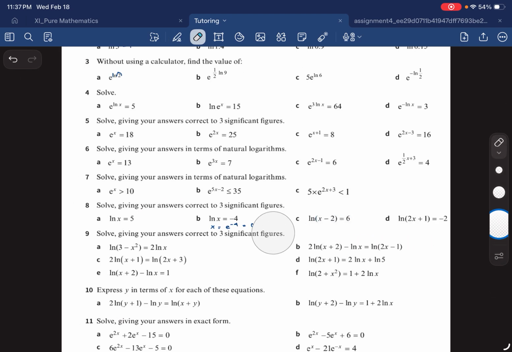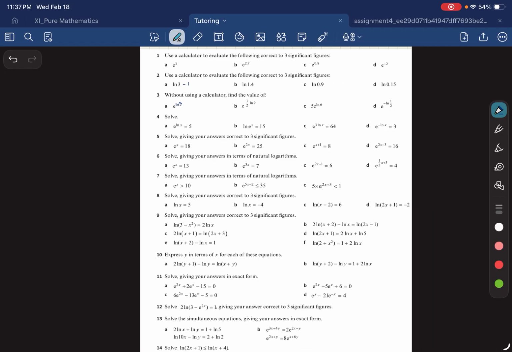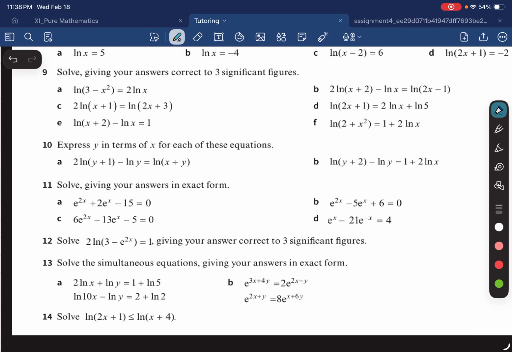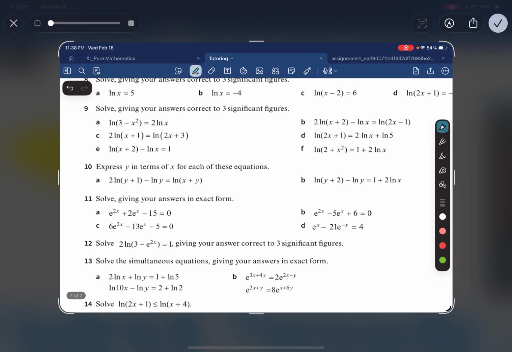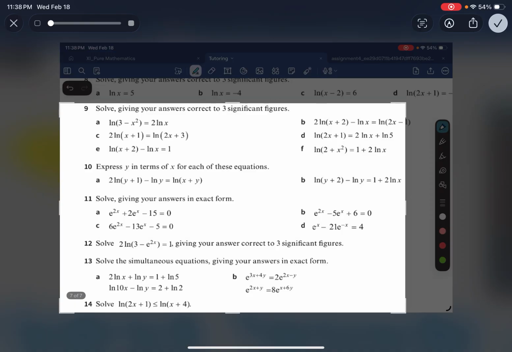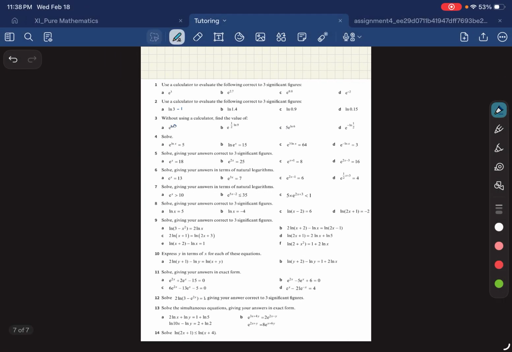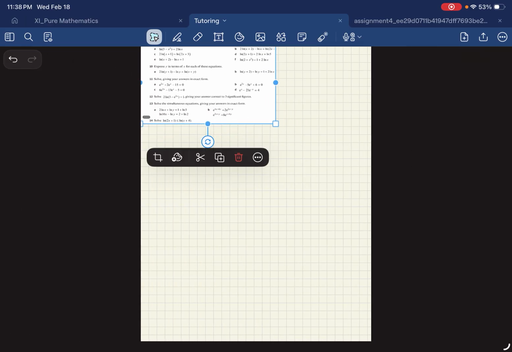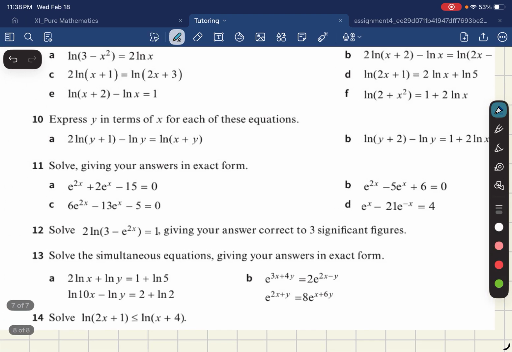And I leave the last one because it's essentially the same thing. So solve giving your answers correct to 3 significant figures. And let me just take this to the other page so that we can avoid crowding ourselves. So let me just do this very quickly. So if I paste it here, all right, we have space down to complete these. So the first is